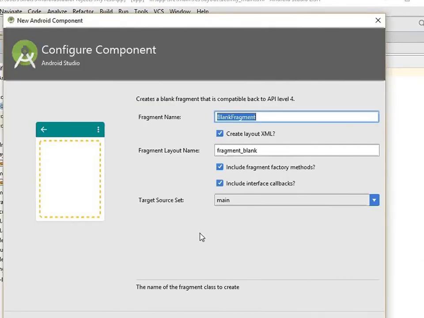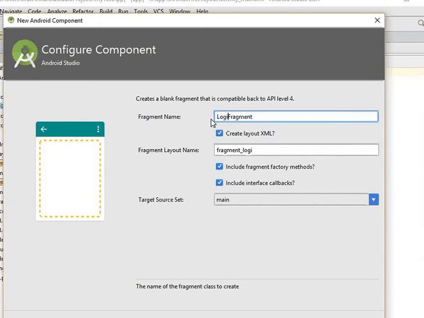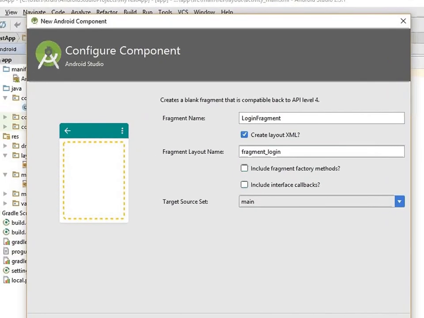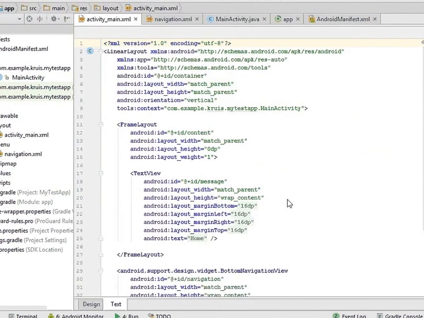and we're going to want to log in. So we're going to change it from blank fragment to login. We're going to leave the create layout XML checked, because what that's going to do is put something in our layout. We're going to uncheck the other 2, because otherwise it puts a bunch of code in there that we don't really need, because we're going to do all of our own coding. Once you have it, you just click finish. Then you do it again,